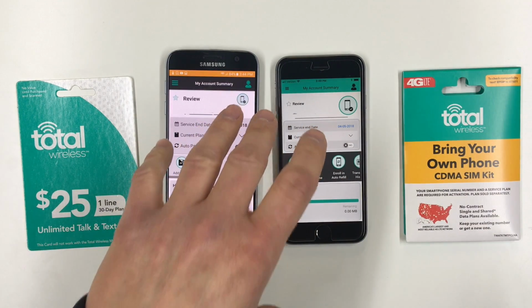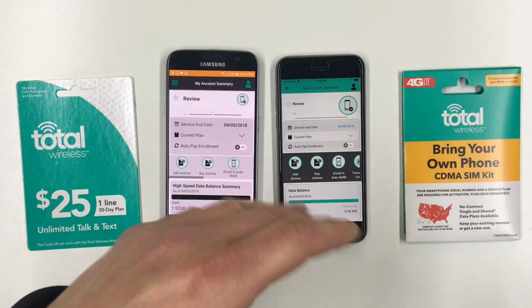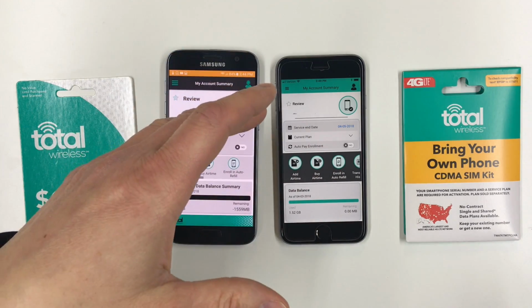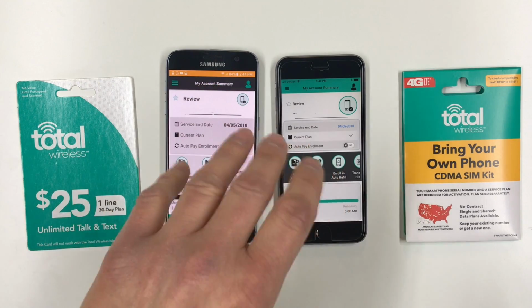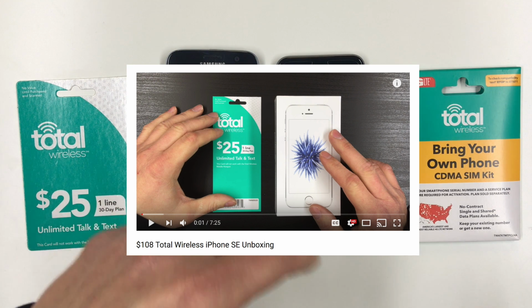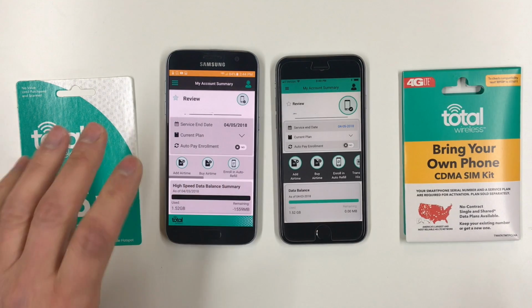If you don't have a phone to bring to Total Wireless, you can also buy one directly from Total Wireless. They sell a number of different iPhone and Samsung Galaxy models, as well as other value-priced Android smartphones. And sometimes you can get a pretty good deal on a phone from Total Wireless. So for example, in December of 2017, I paid $108 for an iPhone SE with a $25 plan. If you want to learn more about the latest Total Wireless deals and promotions,